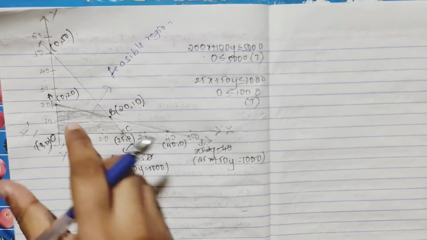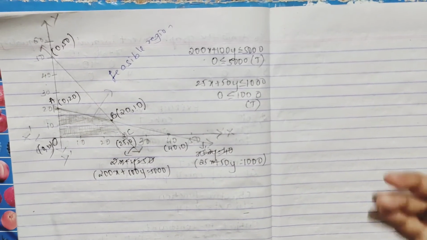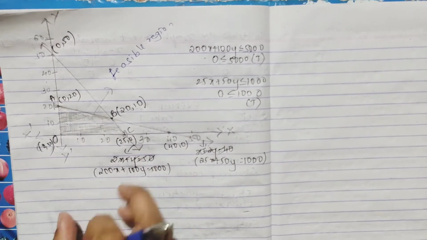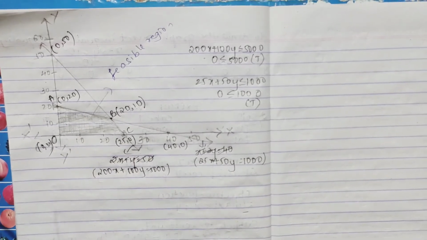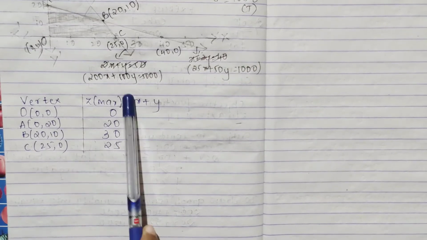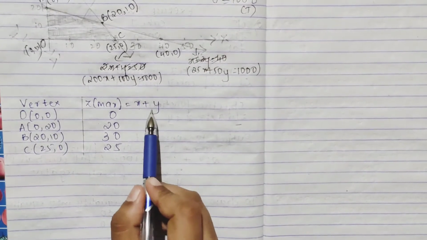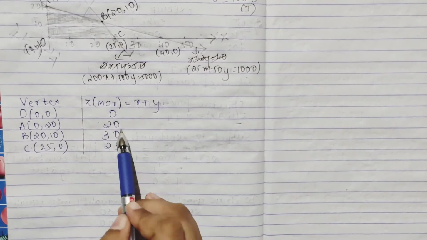So you have closed. Now we will find what they have said, maximum. So we will find our maximum at your corner points, or vertex. Substitute x, y values and see which number is maximum. So I have written your vertex, your z max is equal to x plus 5y, your objective function. See, when you put 0, 0, it will be 0. At 0, 20, x is 0, y is 20, means you get only 20.